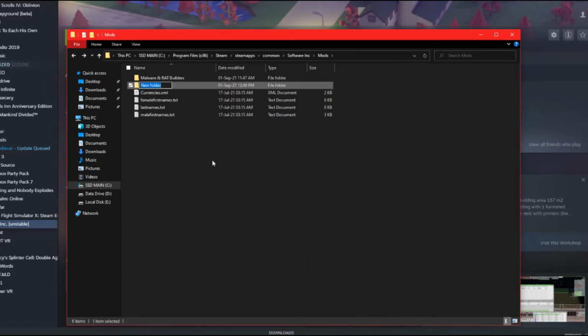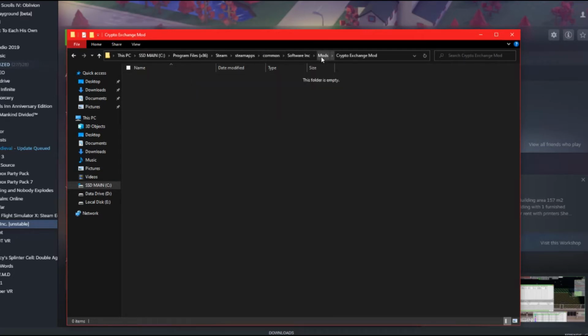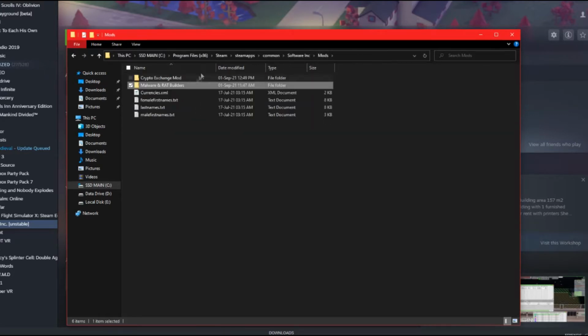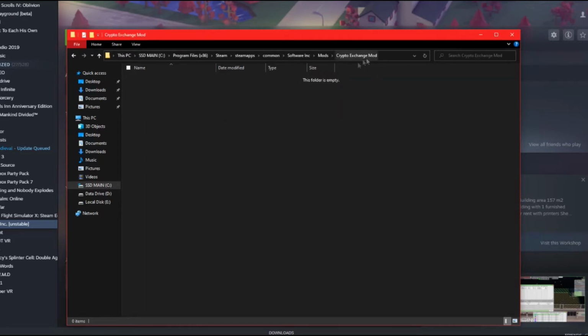Now my new mod is gonna be a crypto exchange, right? So call it crypto exchange mod. Alright, so we have the crypto exchange mod. Now what we're gonna put in here is the same as I have in my folder here. We're gonna start off easy. So when you're inside this folder,